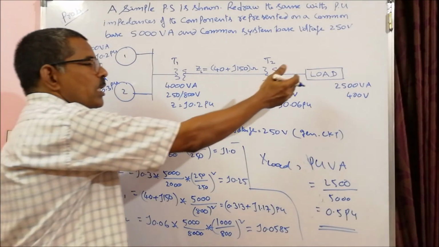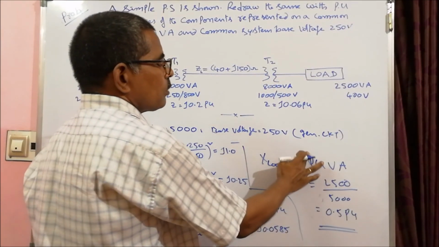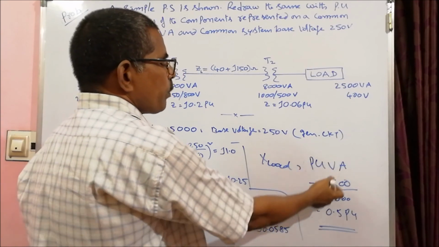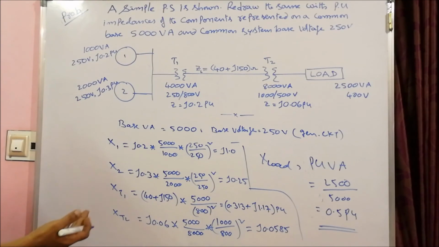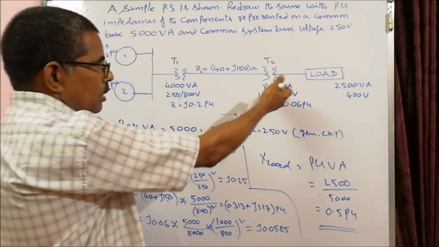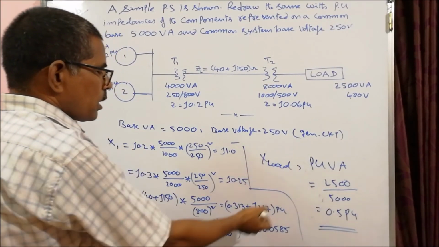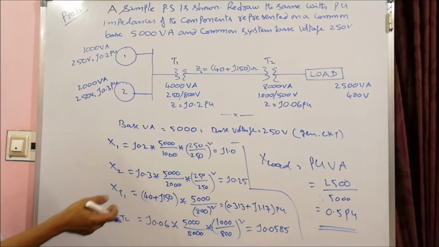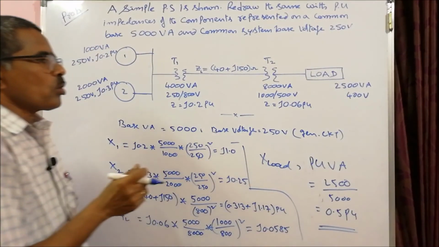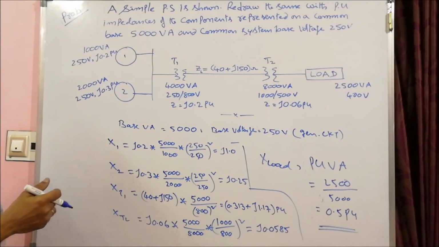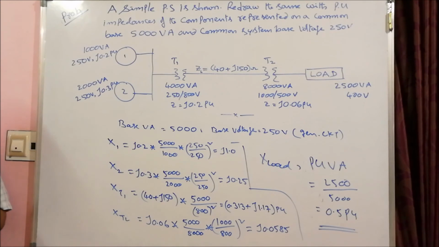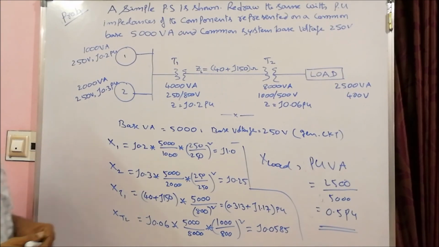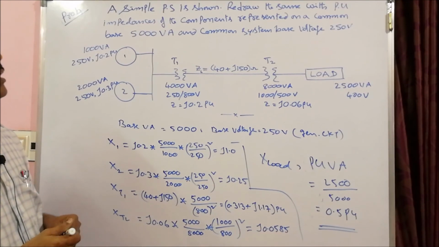If reactance or impedance is given, you might have calculated that. But if nothing is given, you can calculate the per unit volt amperes and also the per unit voltage. Per unit voltage is 400 divided by the base voltage on the load side, and you can divide and then represent it. So this is the problem, which you can observe and understand.